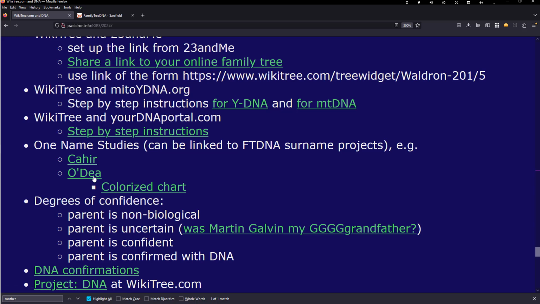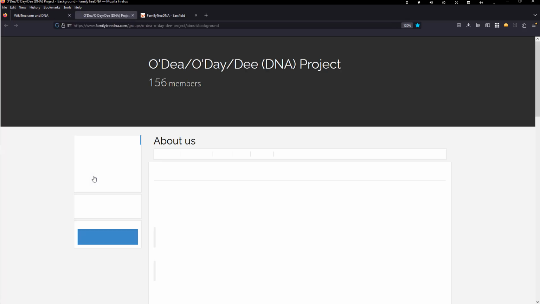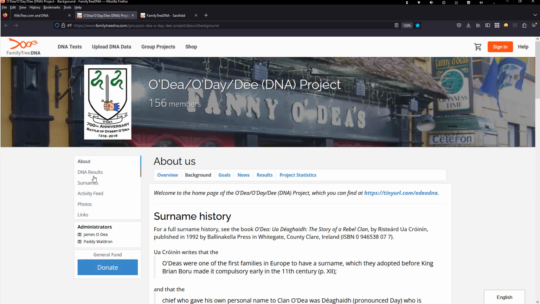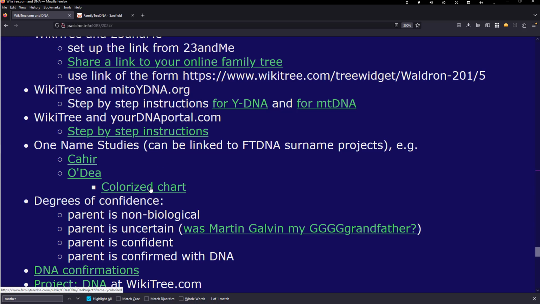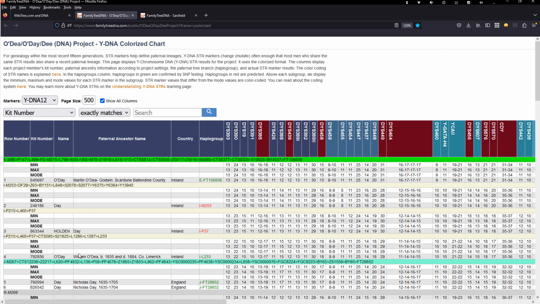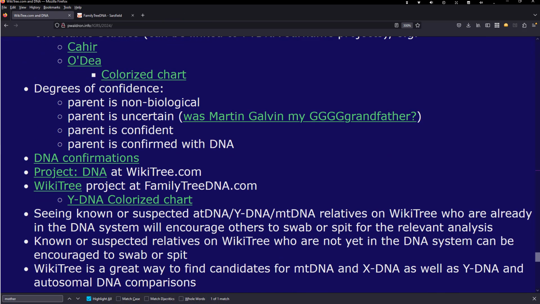And I am the manager of the OD project on Family Tree DNA, co-manager with James, who's down there in the middle of the room. And we have a colorized chart just to show you what the Sarsfield one might have looked like, where we do include the surnames, we do include the most distant known ancestor. And in an ideal world, this would be a set of links back to the Wikitree profiles of the most distant known ancestors. There is a Wikitree project at Family Tree DNA,